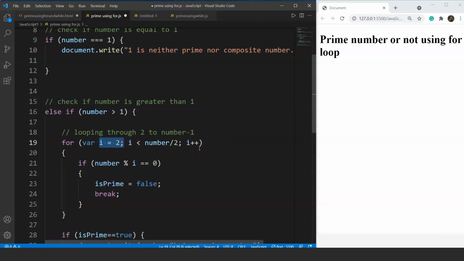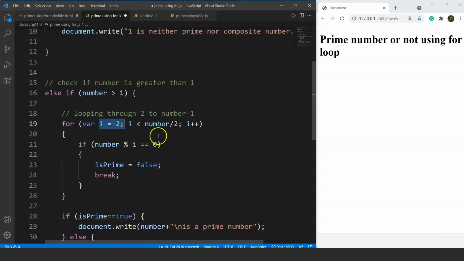Till now I hope you guys are aware of how to use for loop and why we are using for loop here. We can do the same program using while loop as well, but to make it more clear how to use for loop, we are doing this program with the help of for loop. Then we have the i++, or we can say we have increased the value of i by 1 after every iteration until the value of i becomes half of the number. The condition number % i == 0 is the main condition to check if the number is divisible by i or not.